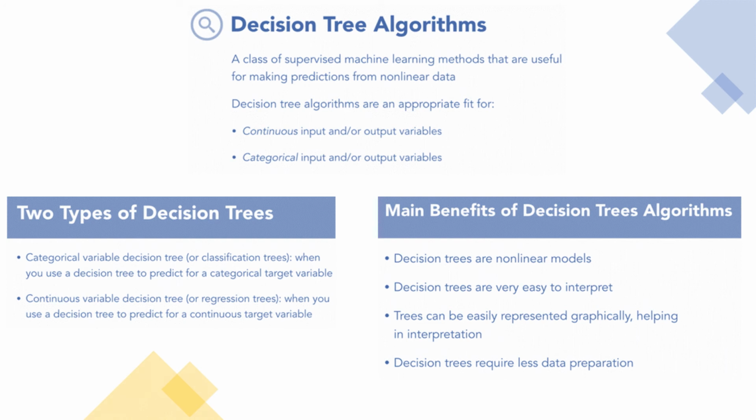There are several benefits to using decision trees. Those are decision trees are non-linear models, hence they can fit the data even if it's non-linear. They are very easy to implement. It's often said that decision trees mirror human thinking and hence they have better interpretability than other regression and classification methods. These trees can be graphically represented in a way that's very easy to read and very easy to interpret. Lastly, decision trees require less data preparation. It's also nice that they take care of categorical variables without having to implement one-hot encoding.